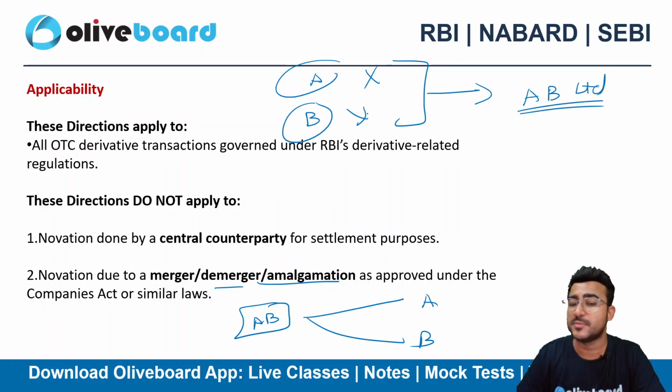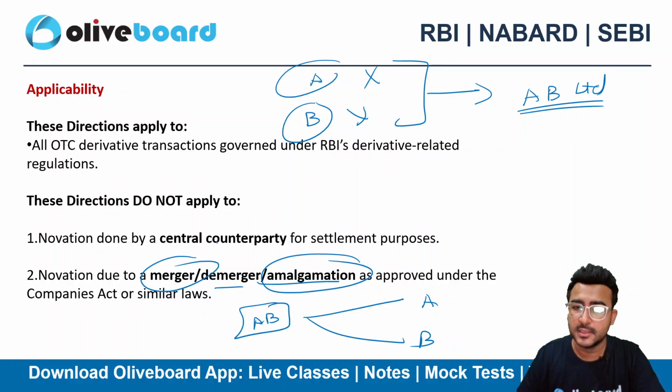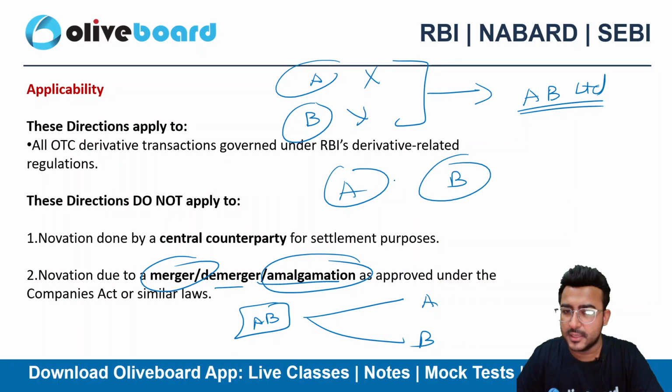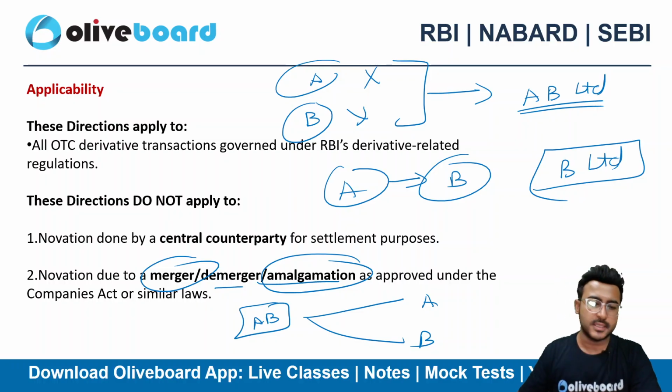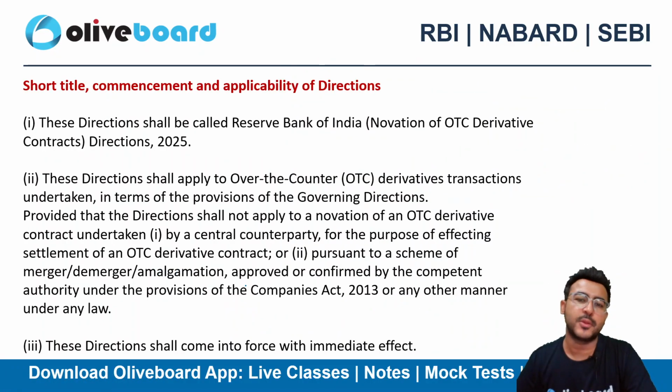There is a big difference between amalgamation and merger. मर्जर के अंदर ए और बी अलग अलग काम कर रहे थे, ए बी के साथ मर्ज हो गया, अब बी लिमिटेड ही काम करेगा. ठीक है, this is the meaning of merger, demerger and amalgamation. I hope it's clear now. Okay,